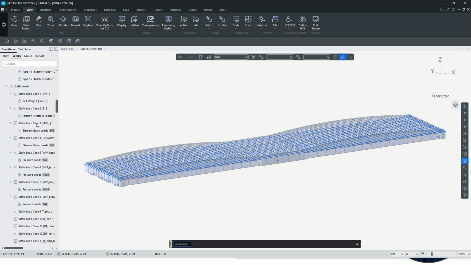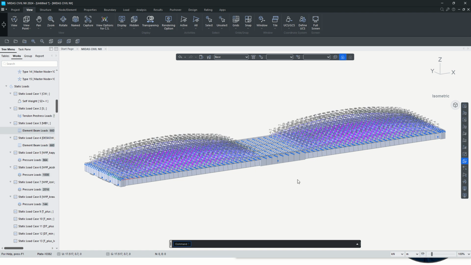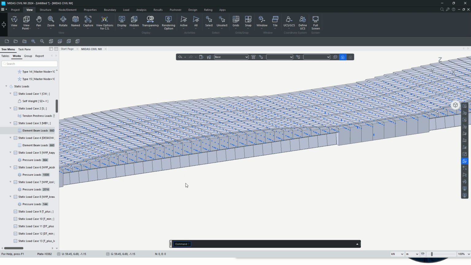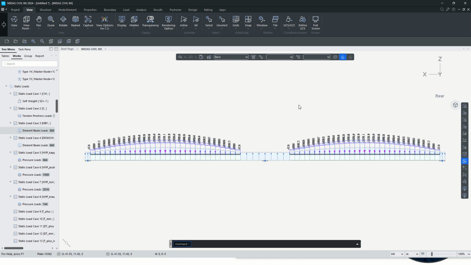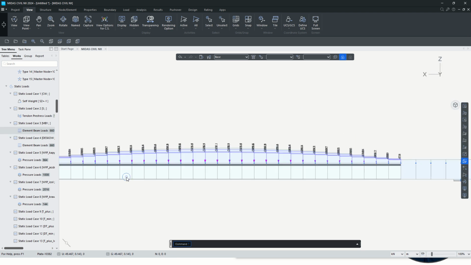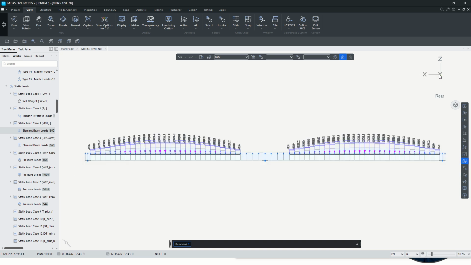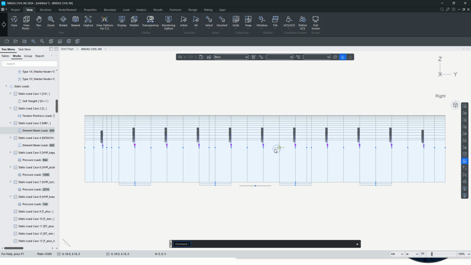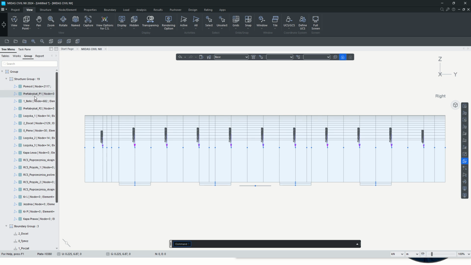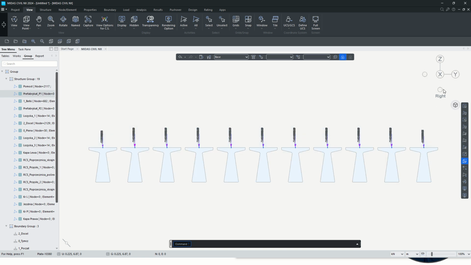The loads added. So here, for example, the wet concrete that is added, as one can see. The load also varies along the length. Let me just change the view. So it varies along the length of the beam, but also looking at the cross section. Now if we were to just limit to